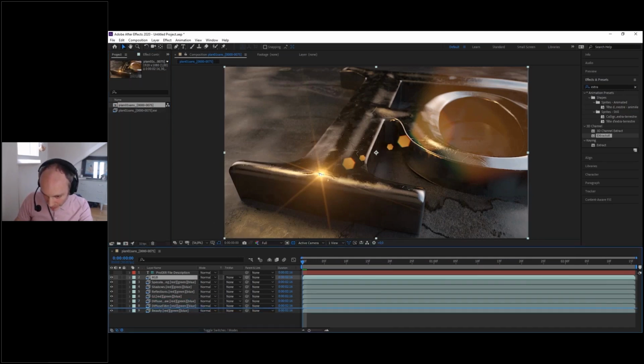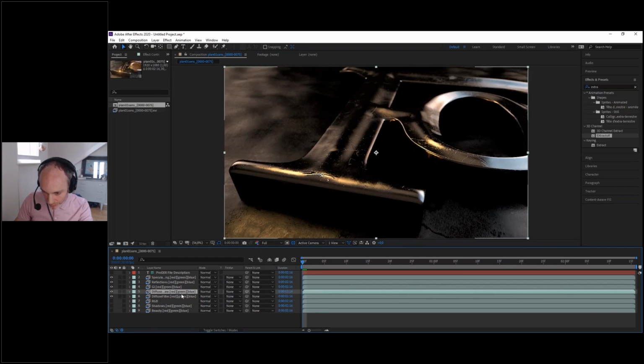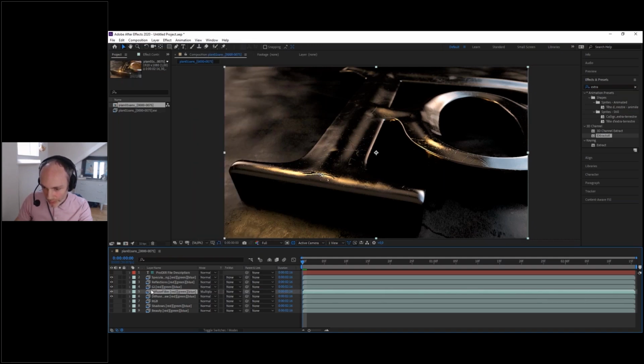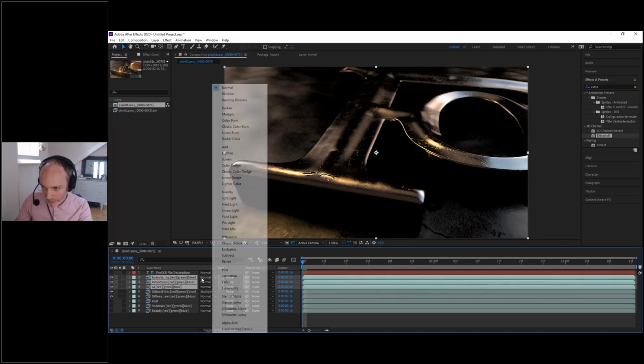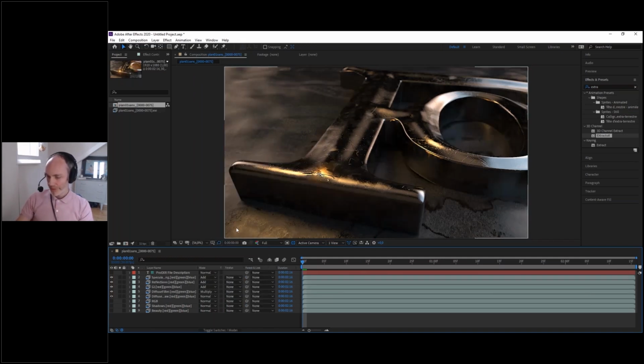I don't really need the RGB and beauty. I don't need the shadow either. The diffuse raw, diffuse filter on top of the raw, is going to be on multiply. Okay, and those would be on add. And we have our composite.